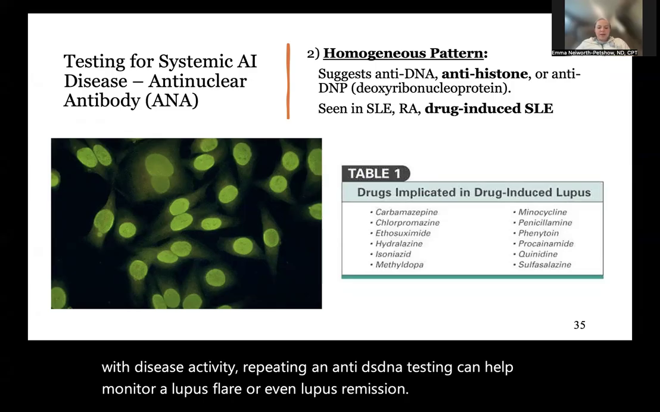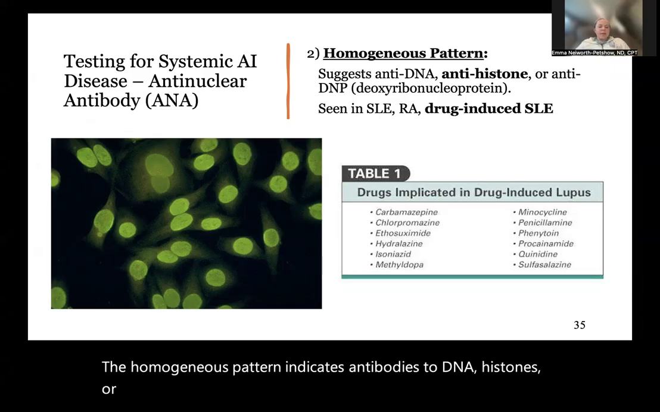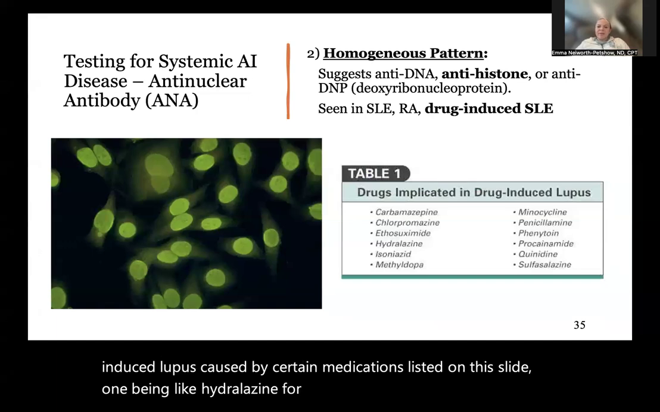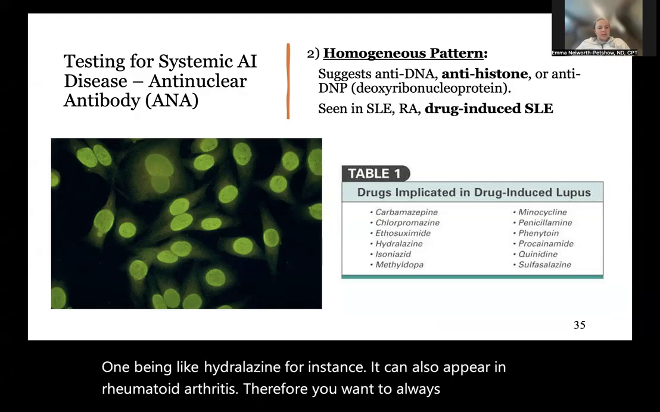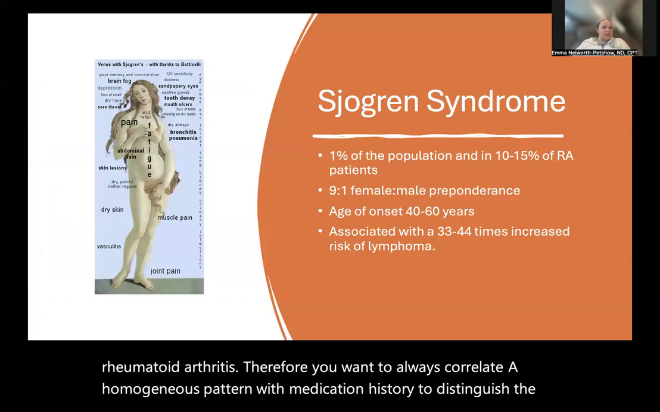The homogeneous pattern indicates antibodies to DNA, histones, or deoxyribonucleoproteins. It's common in lupus and in drug-induced lupus caused by certain medications listed on this slide, one being hydralazine, for instance. It can also appear in rheumatoid arthritis. Therefore, you want to always correlate a homogeneous pattern with medication history to distinguish the true autoimmune reaction from a